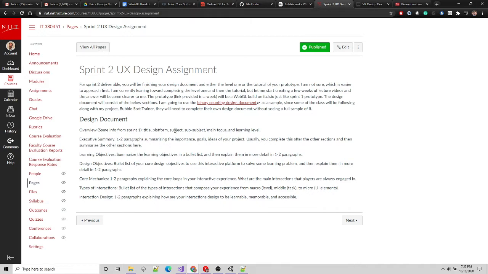And in my case, my subject might be computer science or math. The sub-subject might be binary math, and then a main focus, one level down, is like how to count in binary or something, that's even smaller. The point is that we're trying to get to a small enough kernel of knowledge, small enough lesson that we can do it in a 15-minute interactive experience. So whatever your lesson is, just Google it, look for YouTube videos, try to find teaching websites